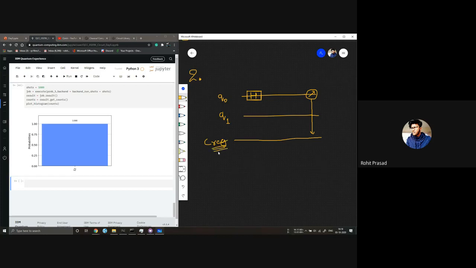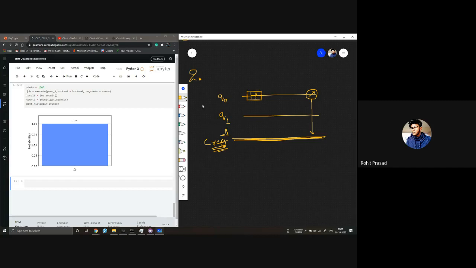I told you that I can choose whatever number of registers I want. We don't need an equal number of qubits and registers. So I have only one classical register.